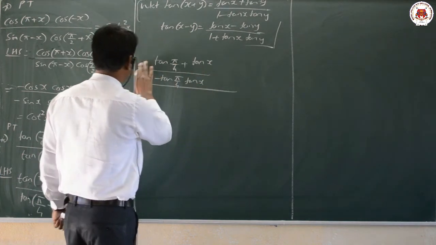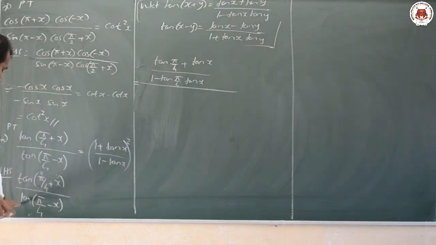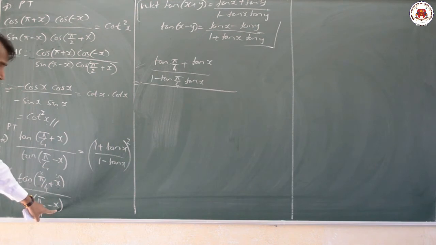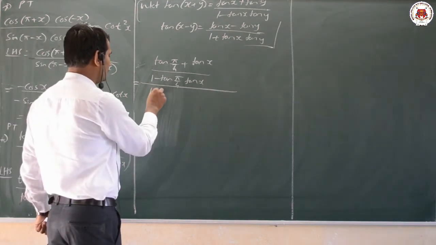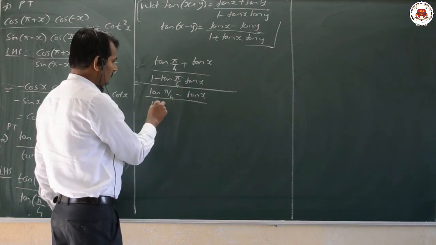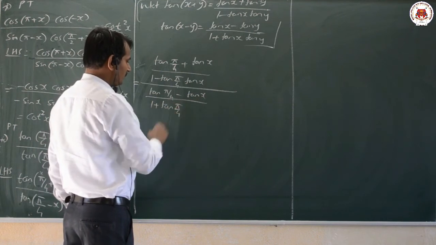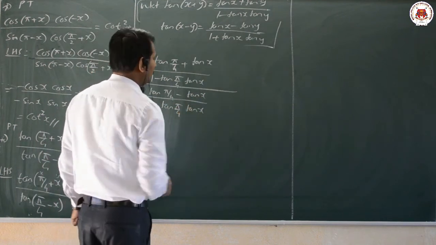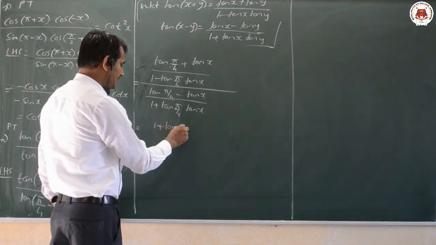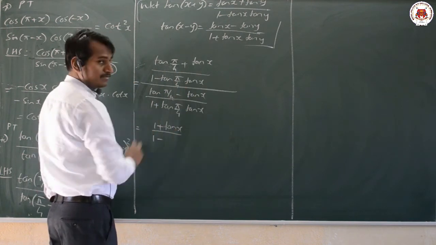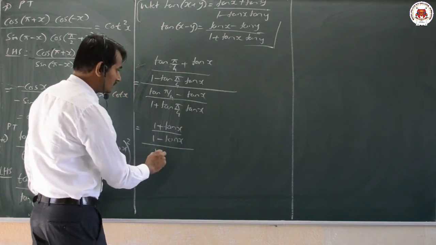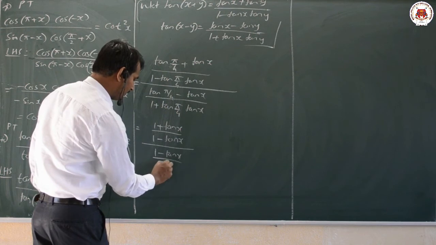This is one part, whole divided by the denominator, that is the tan of x minus y formula. It is our x and it is our y here. Now what formula can you take here? That is nothing but tan of pi by 4 minus tan x, whole divided by 1 plus tan of pi by 4 into tan x. Okay, dear students, here tan pi by 4, what is the value for pi by 4? The value will be 1. So we get 1 minus tan x, whole divided by 1 plus tan x.